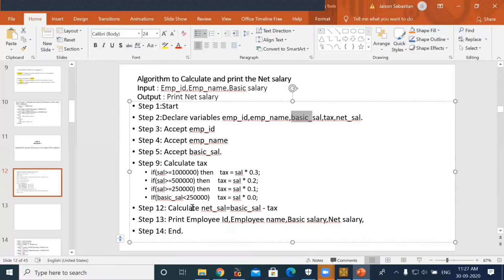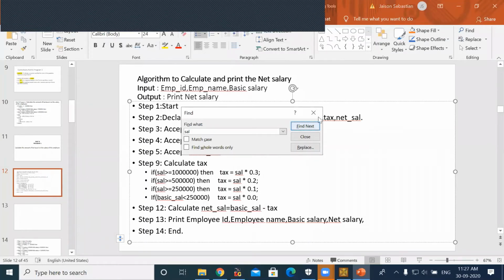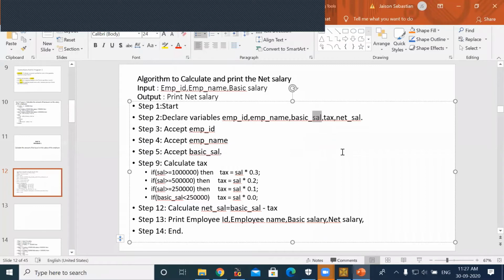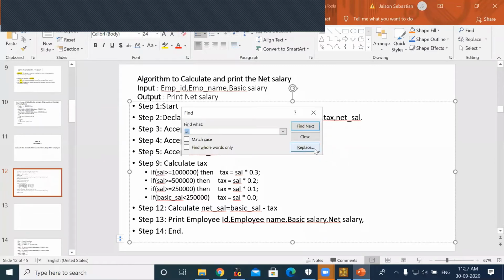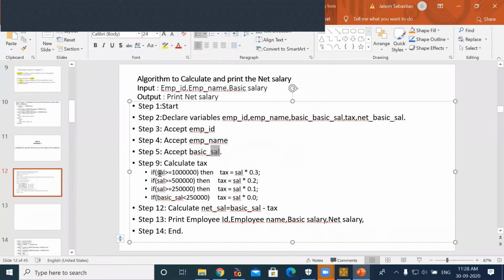So here, okay, anyway, I can't see also, so I'll just replace it here, that is better.